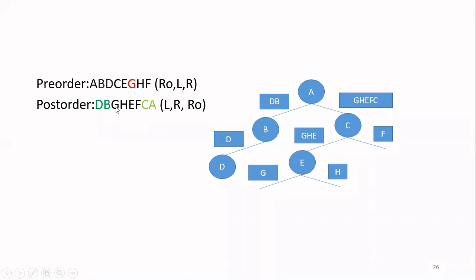Now we have to find the right child. For that, whichever comes after this G, before this root E, that is the right child. So after G, before E, you have the node H. So draw that as a right child. Now here in both these two, you have only one node, so you identified them. Similarly, here also F was the only one node present, so that is also a leaf node. No need to continue further. Now we have constructed the binary tree from the given pre-order and post-order traversals.